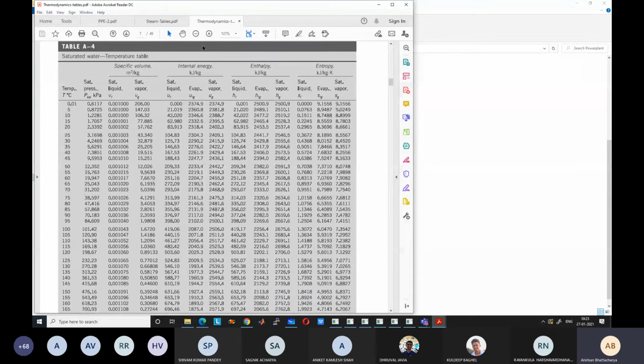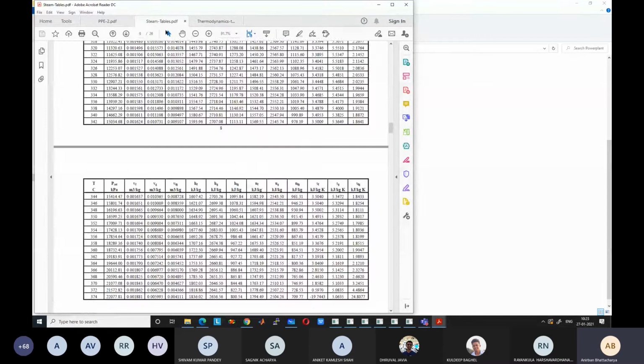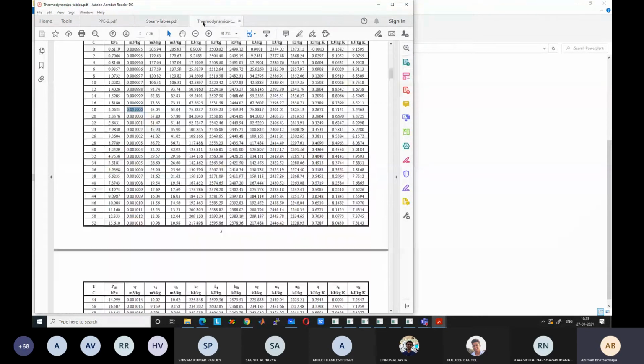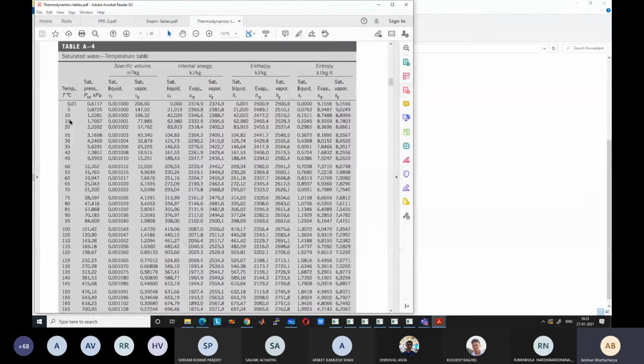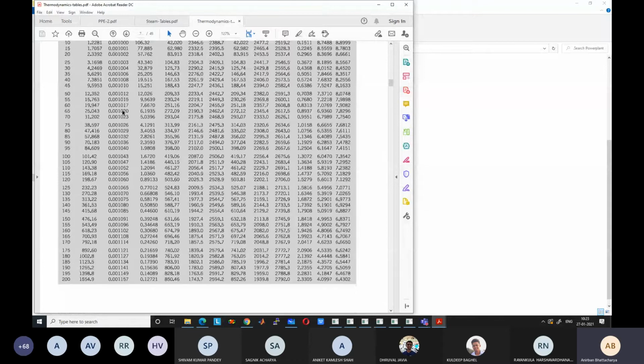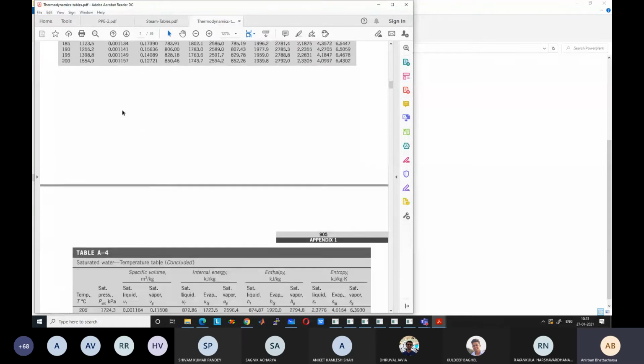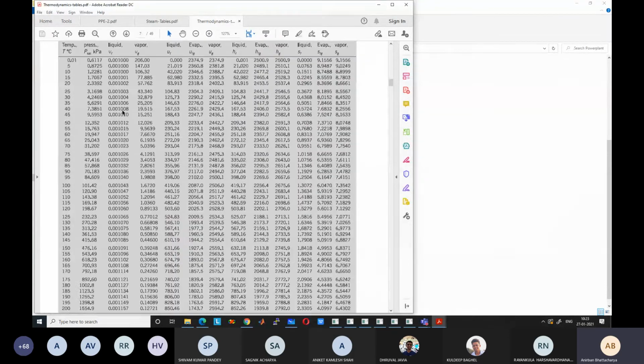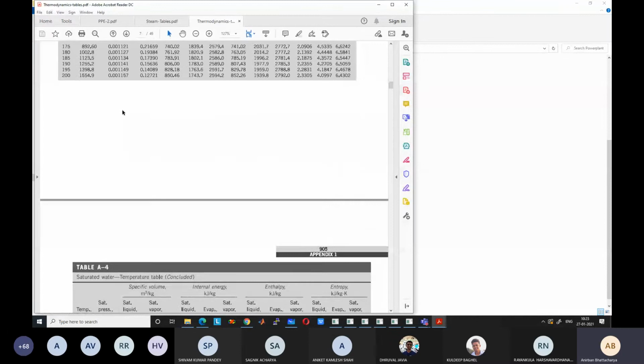Similarly, you will find the values, but at larger intervals. Here the interval was 2 degrees centigrade because it's a larger table. Now you see 5 degree centigrade intervals, with similar saturation pressure and Vf saturated volume. There is slight discrepancy in the values because they are calculated in slightly different ways, but as long as we use a single table, the differences will be correct. The reference points are different, so the values may be slightly different.